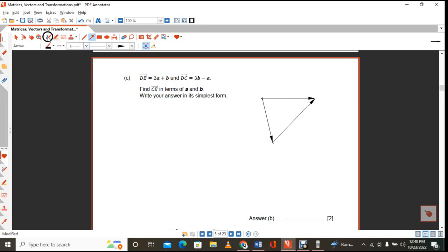So if I was to label it, this will be D, this will be E, and this will be C. So D to E is 2A plus B. Okay, you can draw lines like that because it should be bolded. This is 3B minus A. So in order for us to find C to E in our diagram,